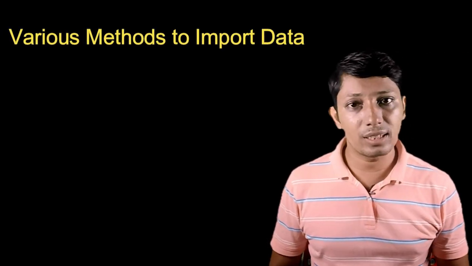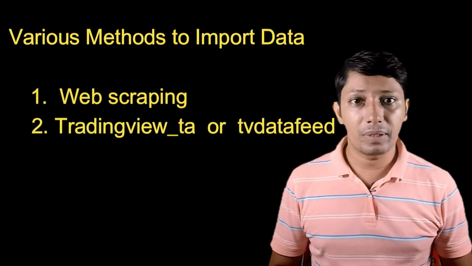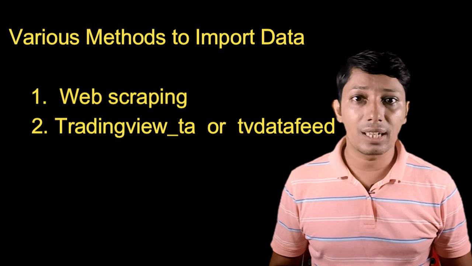To import live data from TradingView into Python, you would typically need to use an API. Unfortunately, TradingView does not offer an official API for direct access to live market data. So what's the solution? However, we can access data from TradingView using alternative methods. Like, first one, you can do web scraping. Second one, leveraging third-party APIs like TradingView_TA